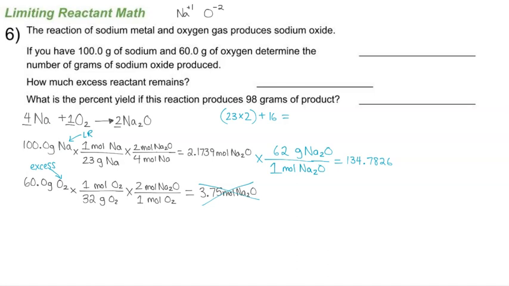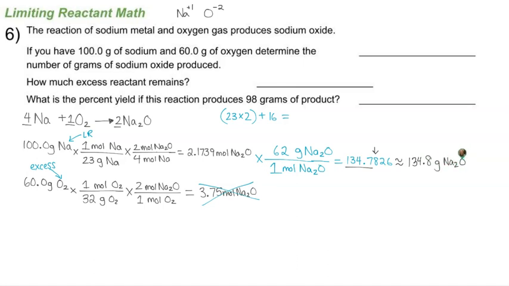Make sure you use the given value from the problem to do sig figs, because notice up here that 100.0 has 4 and 60.0 has 3, but if we were just to write 100 without the 0.0 part, that would look like we should round to just one significant figure, and we should in fact keep 4 here. So 1, 2, 3, 4, we'll look at that 8 to determine whether to round up or stay down. And of course here we are going to round to 134.8, and our units should be grams of